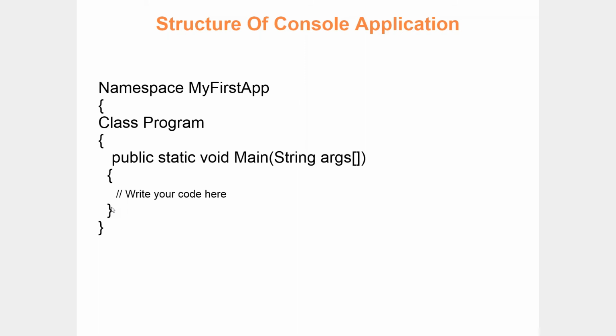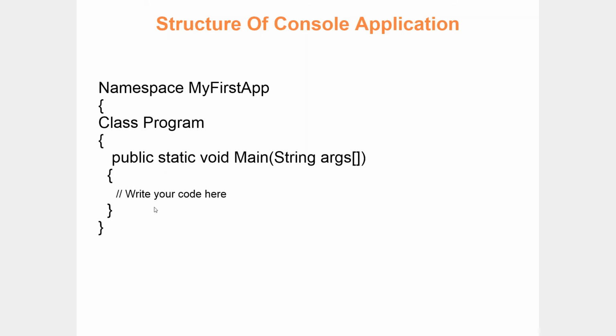Once you compile your application, immediately it will go to the main program, and whatever is there in the main program, it will take care of executing only those instructions. Outside of main, you can define a number of methods, a number of classes, but it will never go to any method. Once it is mentioned in the main program, only then will it go to the respective method and finish the execution. So your main is nothing but the starting point of your console project, console application.